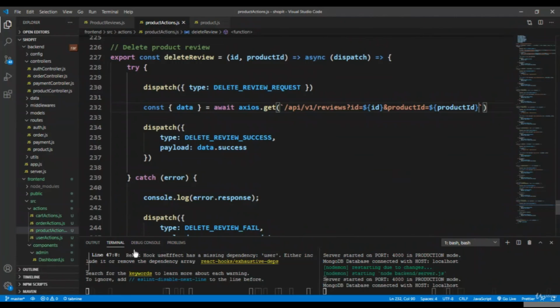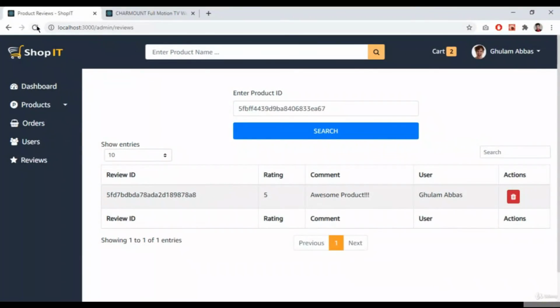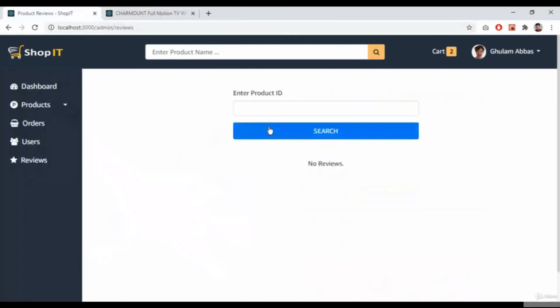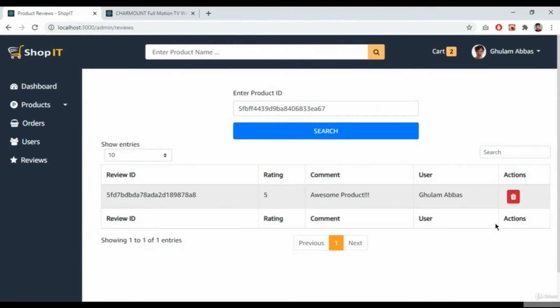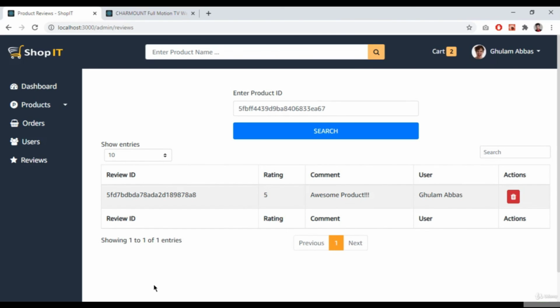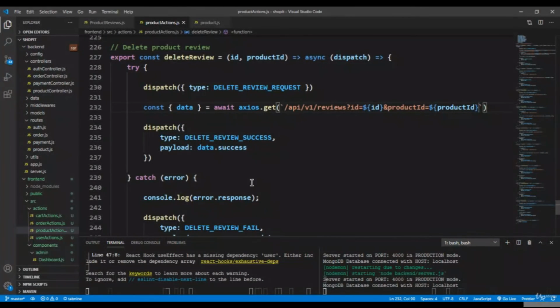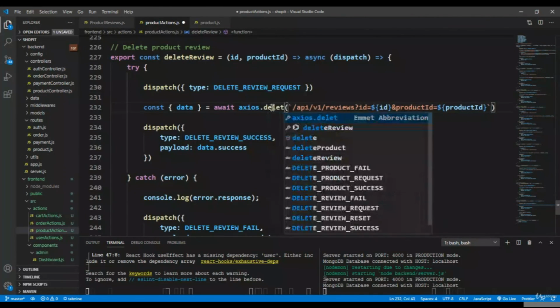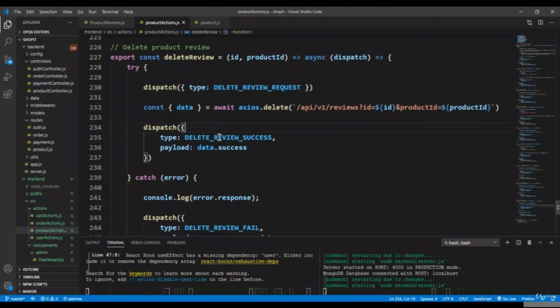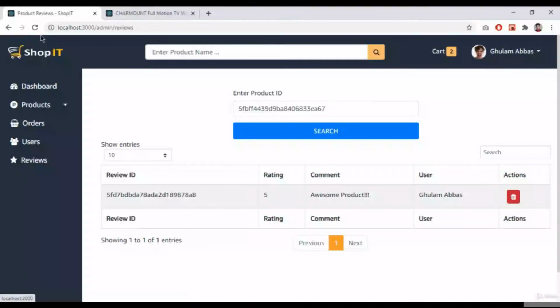Okay, so now if I simply go back and reload the page, copy it and put it here, click on delete, now you cannot read property reviews of null. Alright, so if I go back and oh, that is delete. I don't know why I forget to update this method, but now if I simply save it, go back, reload